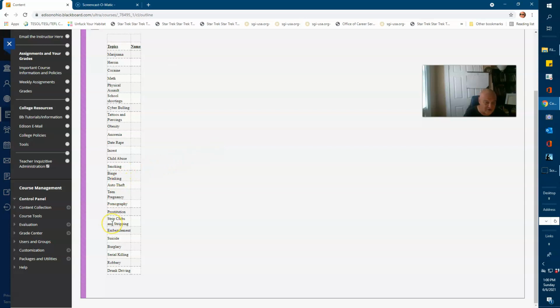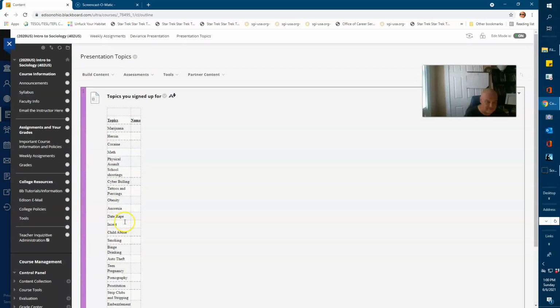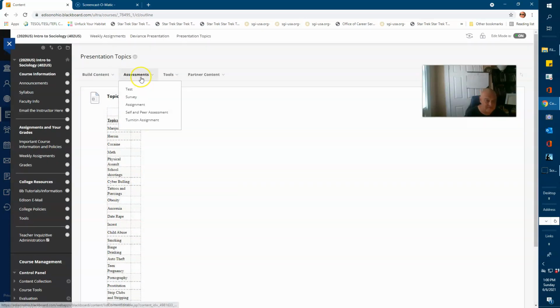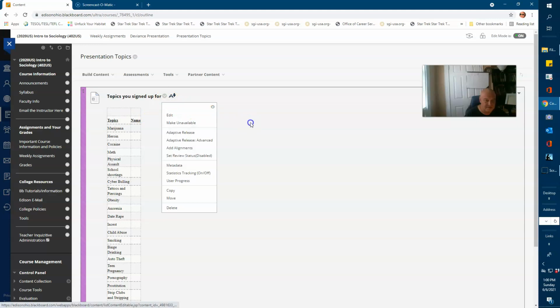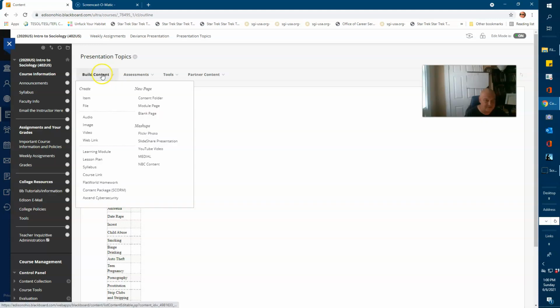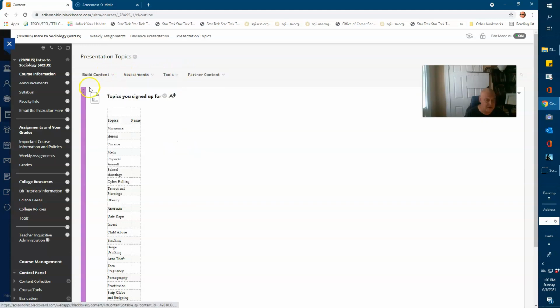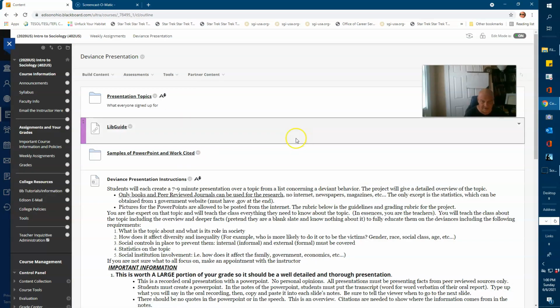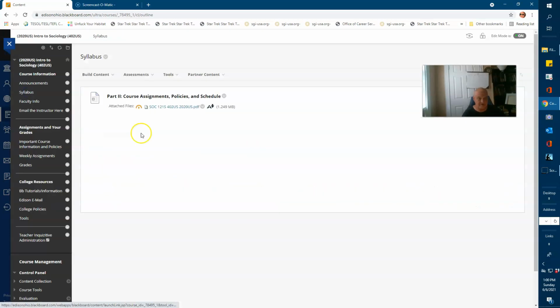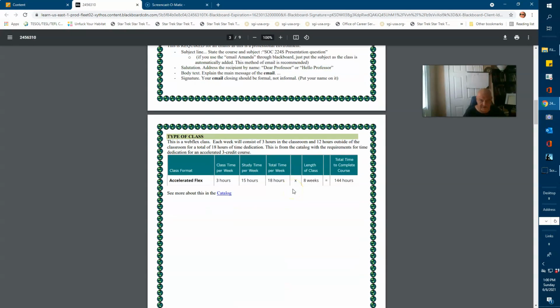Any of these fall under the larger category of deviance, right? So make it easy on yourself and pick one of these topics. Okay. Let's go back out now. Okay. So that's your deviance assignment. It is due. Let's go back out here and look at the syllabus. Your deviance assignment is going to be due. If you look down here, there's a schedule.